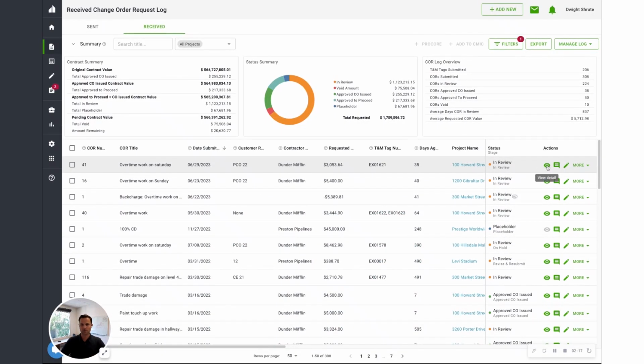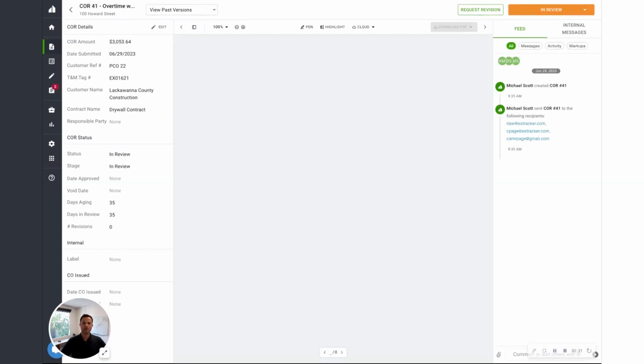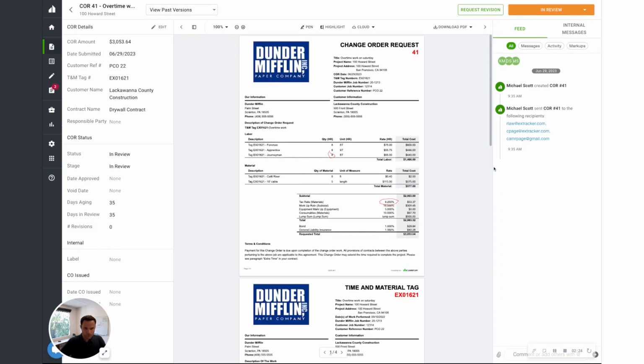The really powerful part, though, is whenever you want to view a change order request and do your review, you simply click that button and it'll open up a PDF of the change order request in our change order review page. On the left, we have the structured data with all the stuff that I just walked over in those columns. But on the right, we have the activity feed, which is really a digital paper trail for that change order request. So you can see who created it, who it was sent to, and then once you start doing your review, you have